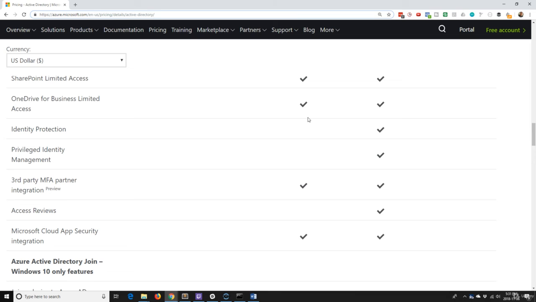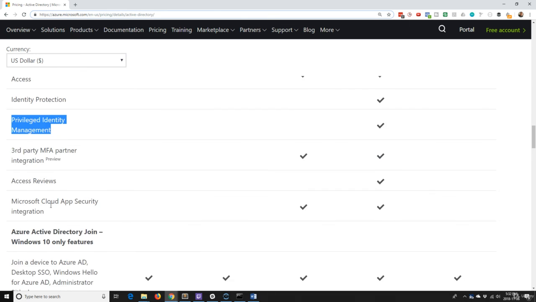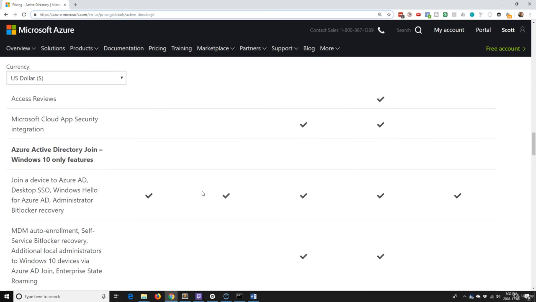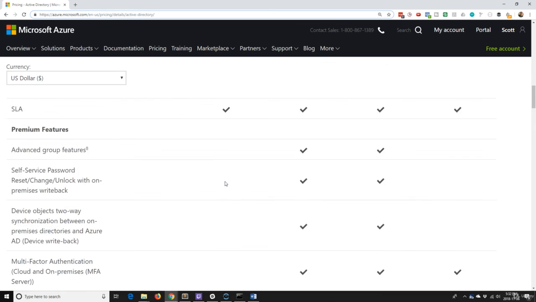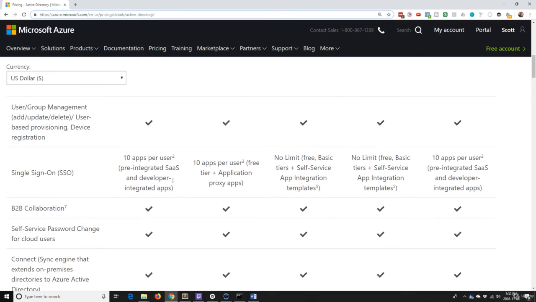So those are some of those premium features, and we're going to get some advanced features such as identity protection, privileged identity management. So if a super user or administrative user needs to go through extra hoops to log in versus a basic user, that's on the P2 plan. Okay, so basically I do recommend that you look at this feature, but in this section of the course we're going to go through a lot of these